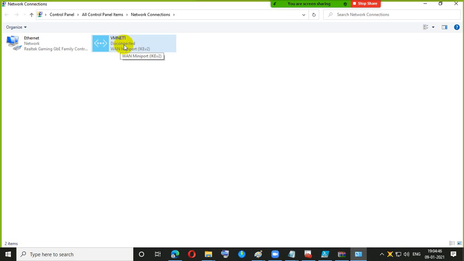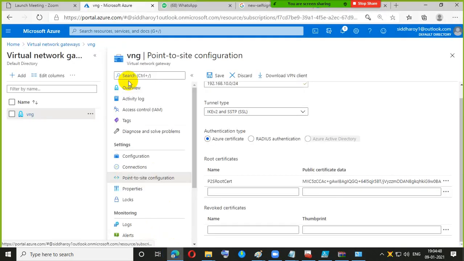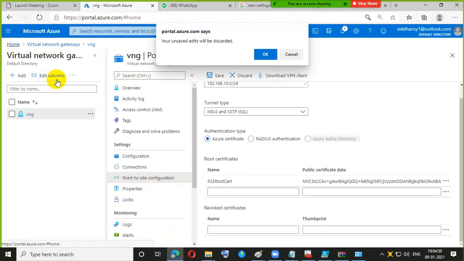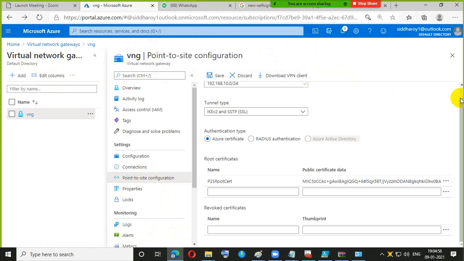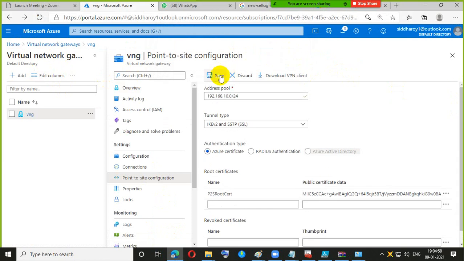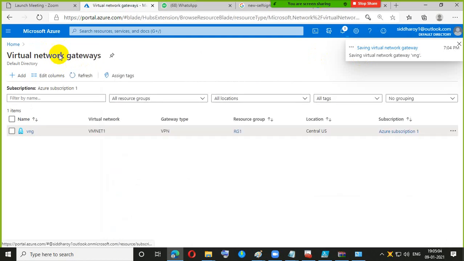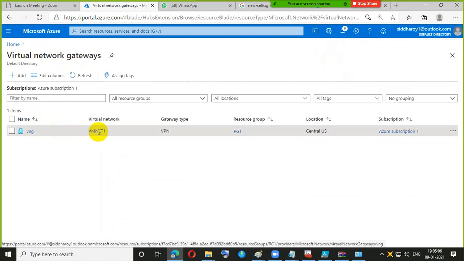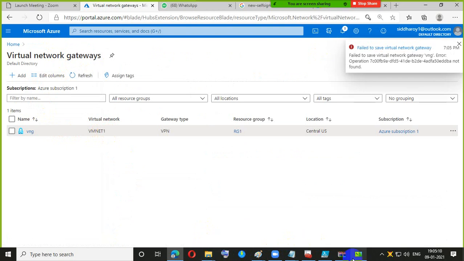So this is VNet 1. What we have created here, the VNets we have created, the same thing is created here.